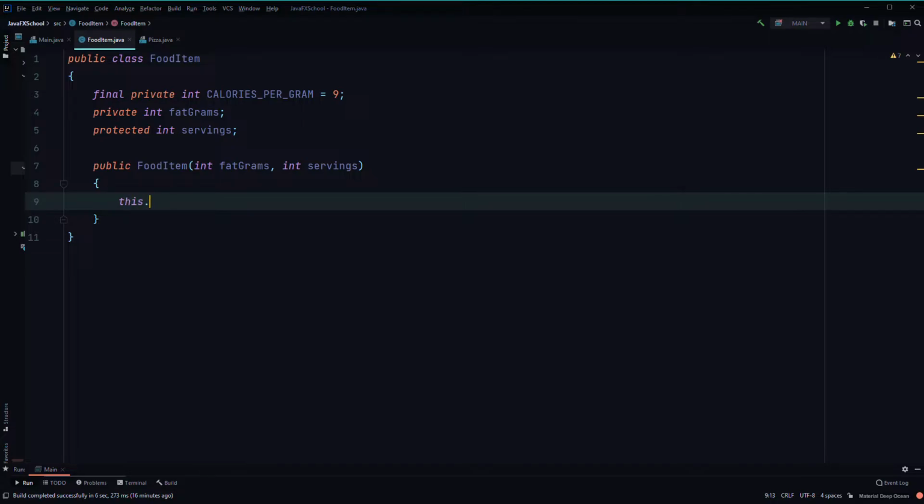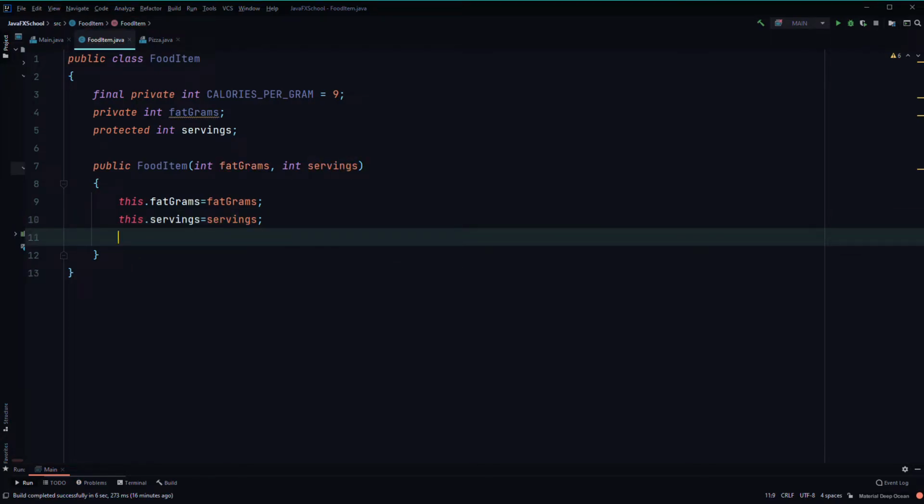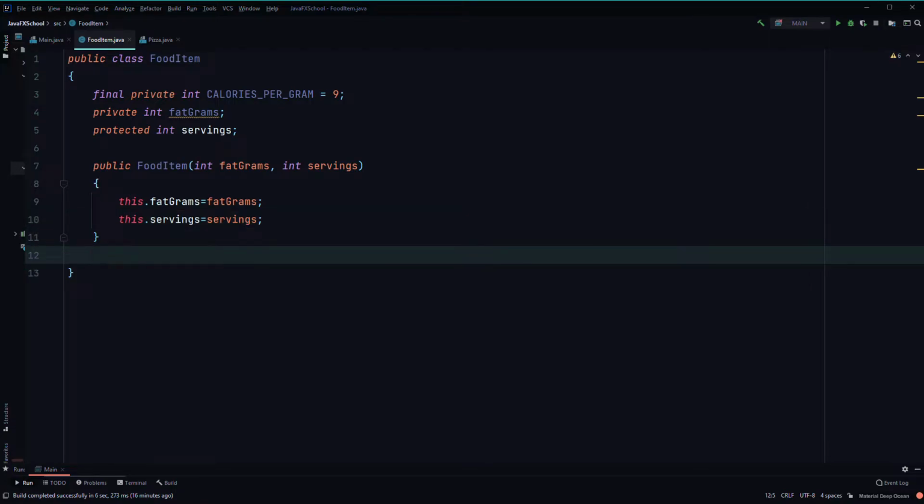referencing. So you do that by saying this, and then you use the dot operator, and then you say this dot fat grams equals fat grams. Do the same for the other one. This dot servings equals servings. Then we'll say